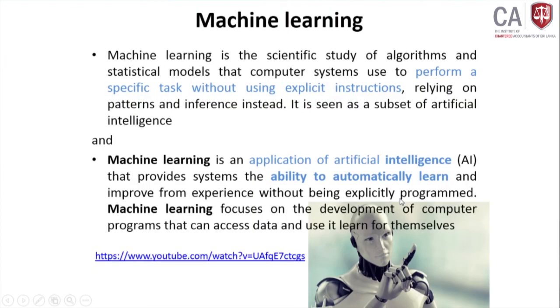Okay, so that gave very good information about how the factory environment is automated by using automated guided vehicles and also some other highly intelligent systems. So machine learning is the specific scientific study of algorithms and statistical models that computer systems use to perform a specific task without using explicit instructions. So, machine learning uses artificial intelligence.